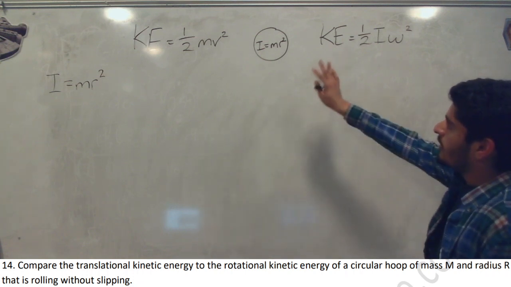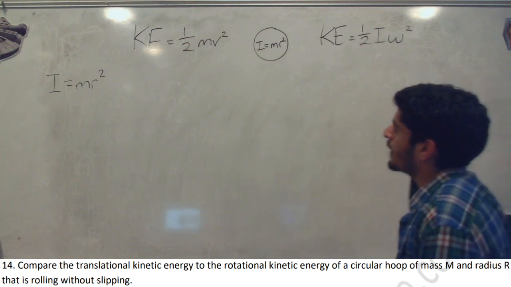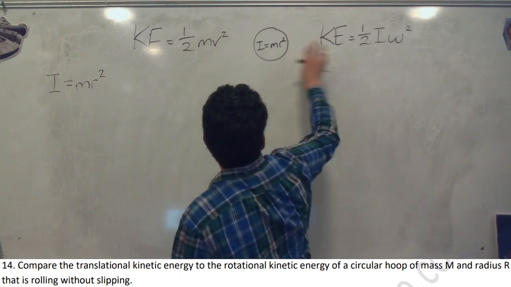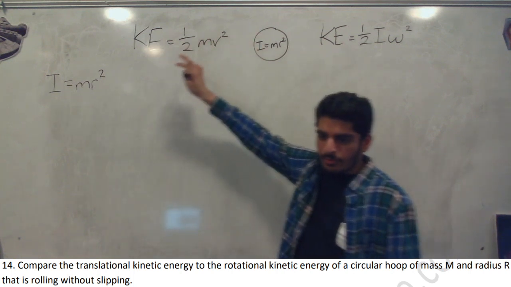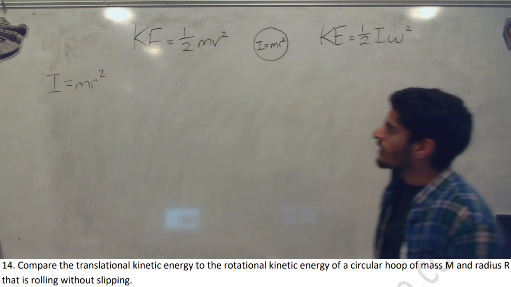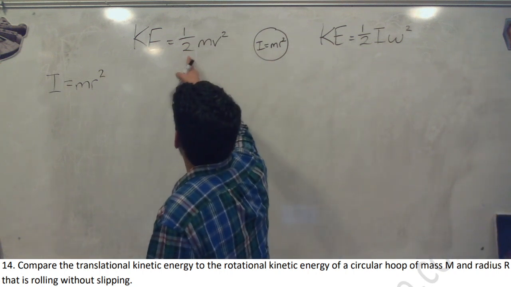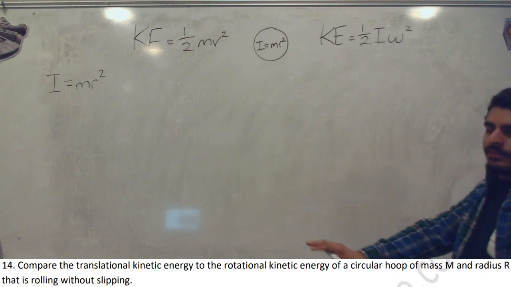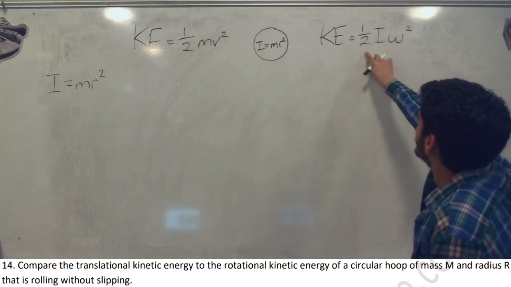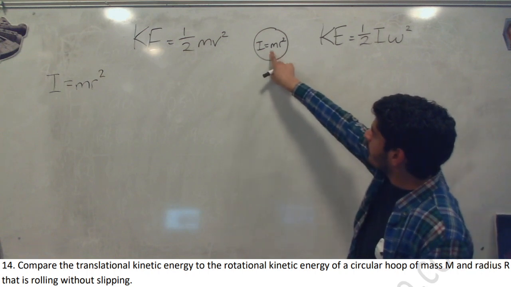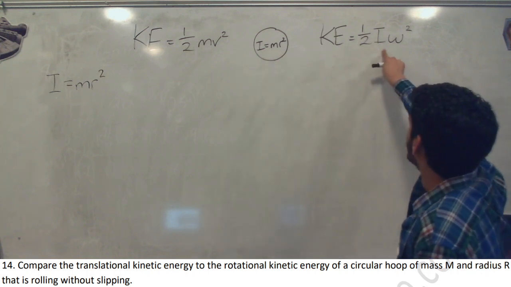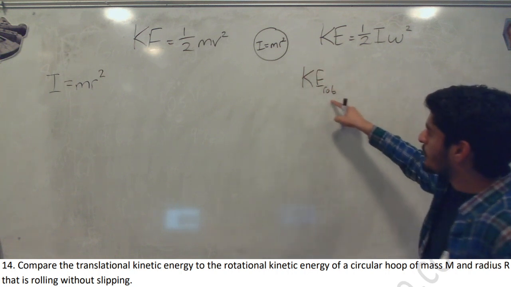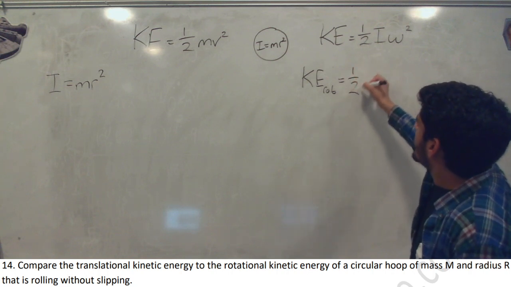So, in this case, we have I is equal to mr squared. So we're trying to find if the energy is different between kinetic energy and kinetic energy of rotation, how these two energies compare. So for this energy, well, all it really is 1/2 the mass times the velocity squared. We don't know the mass, we don't know the velocity, so we'll leave it as that for now. But for this one, well, it's I omega squared, but we can go ahead and plug in this mr squared for that I. So I'm going to say KE, and I should be specifying KE rotation is equal to 1/2